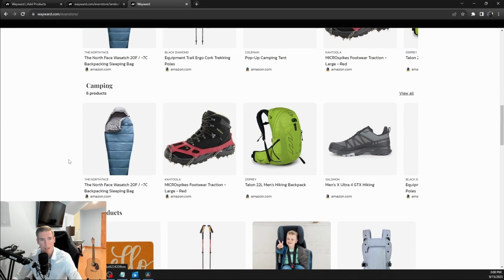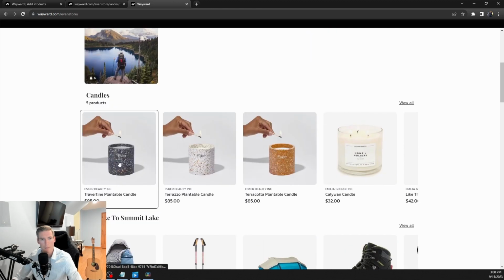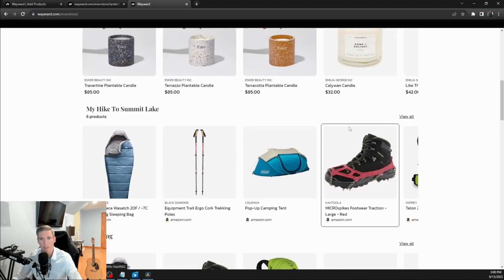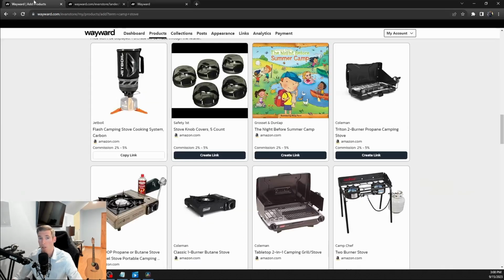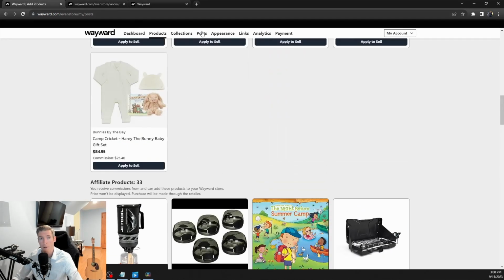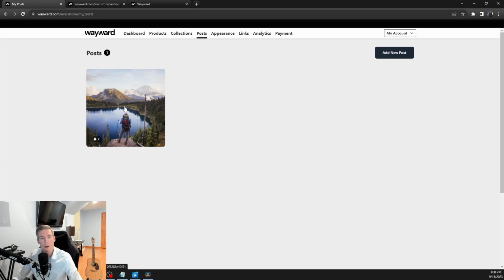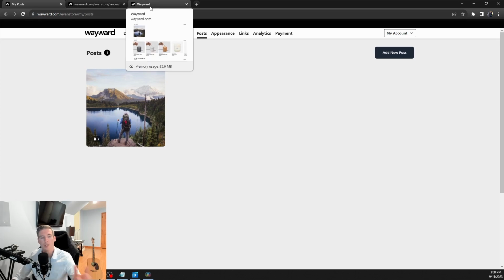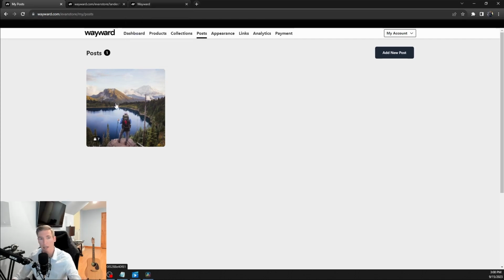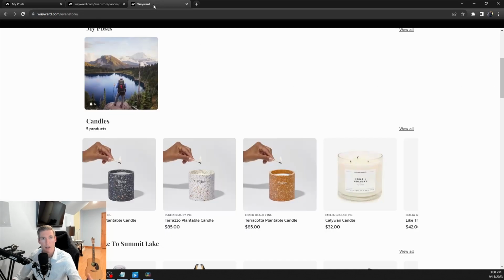So here you can see camping right here has all my camping products in it. Candles, a few of those, and then my hike to Summit Lake. Now that's what you call a post, which you can see right here is the post tab. What a post is basically, if you say make a post about a hike, like I did for my hike to Summit Lake, you can then include all of the products that you used in that hike with like